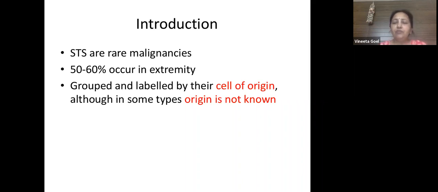Whenever we are doing workup of any patient with soft tissue sarcoma, we certainly look for local imaging like MRI. We do a biopsy, a planned biopsy, but we do workup in the form of CT chest or CT or MRI of the abdomen to look for any liver metastasis, lung metastasis, etc. But apart from that, I will say two other workups are very important. One is that one should be able to identify whether the patient is at a risk of increased wound complications, which means if the patient has any history of diabetes,